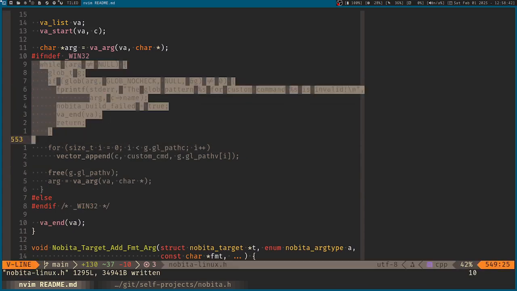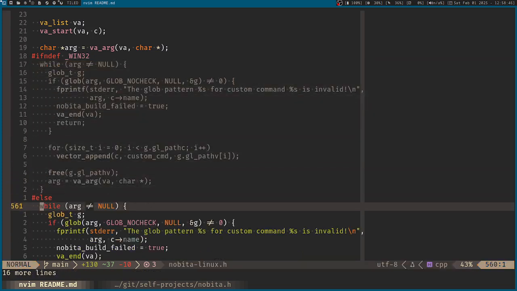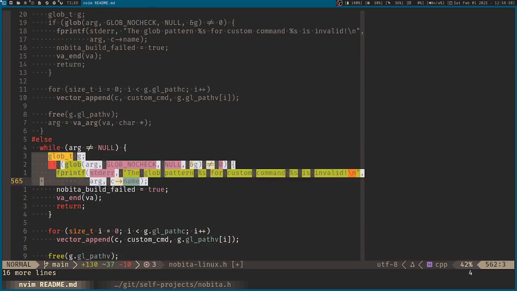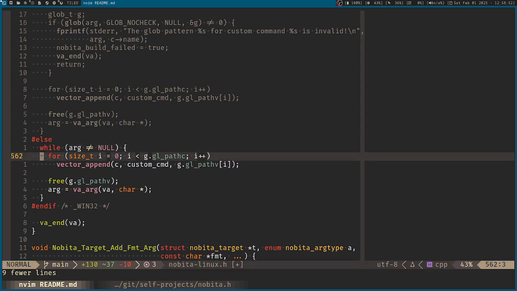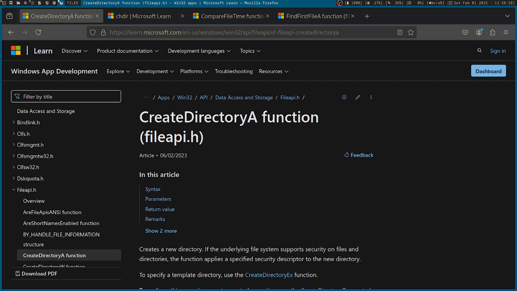So I want to copy this one, paste it over here, but glob does not exist. So what's the alternative? Well, I've been searching around